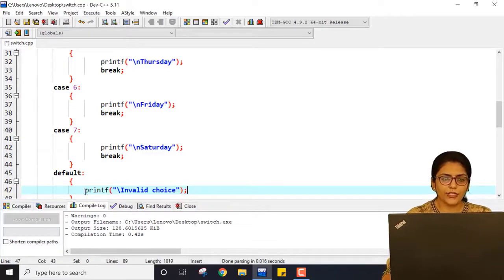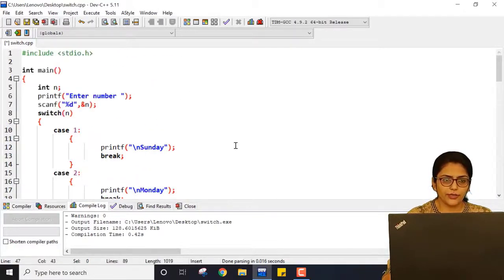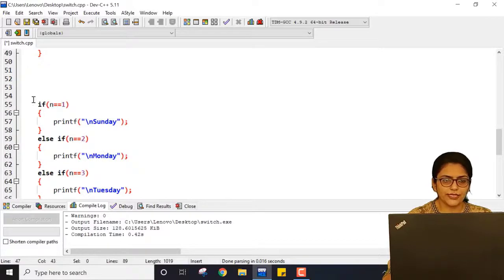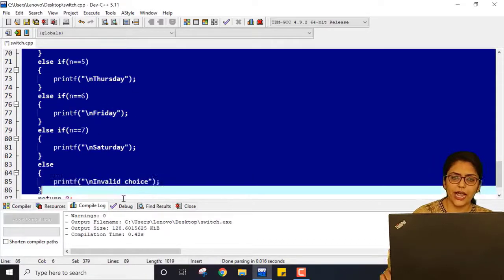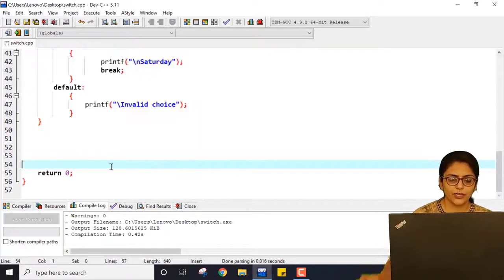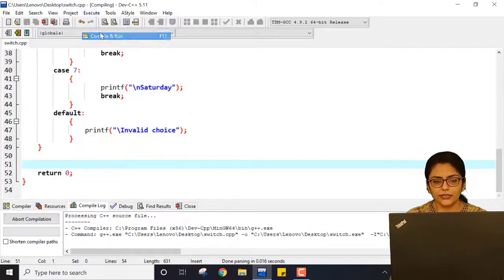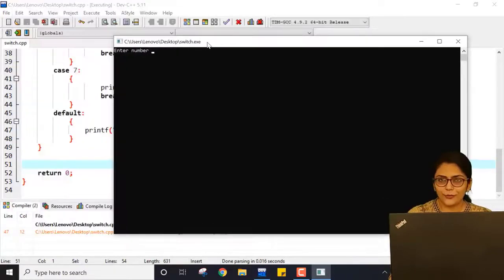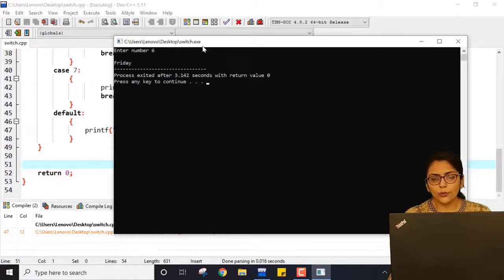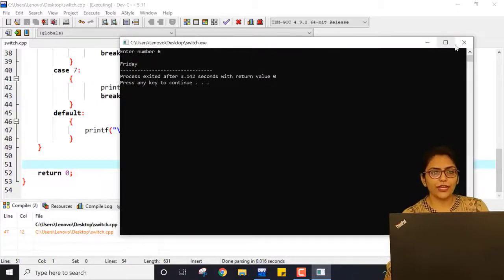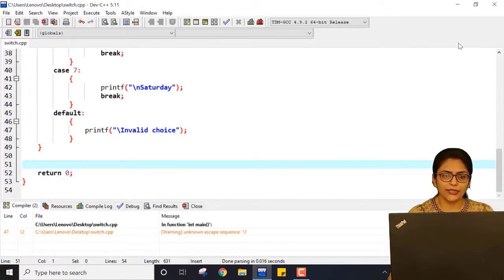Now, if I just erase this part, you can see how I have converted else if into switch case. Now, if I save this program, compile it and run it, and enter say 6, Friday is printed. Right? Now, you must be wondering why we are using some extra element, that is break.